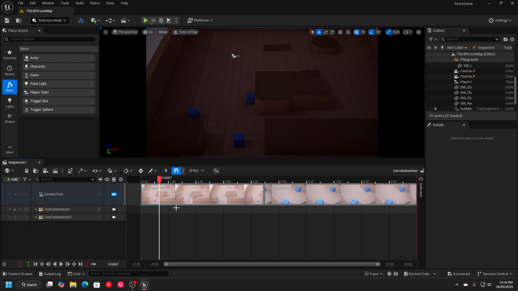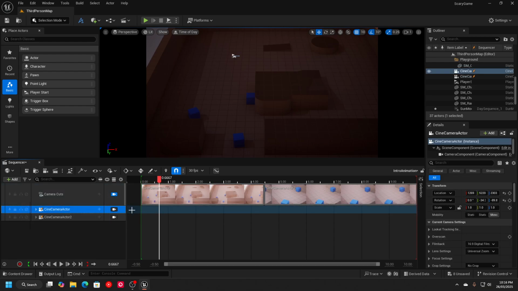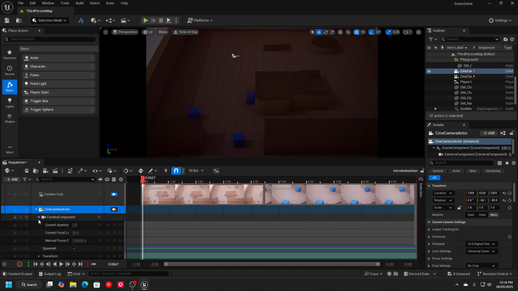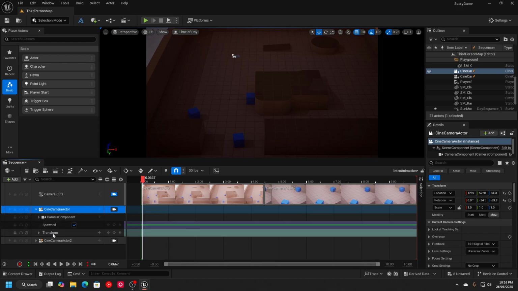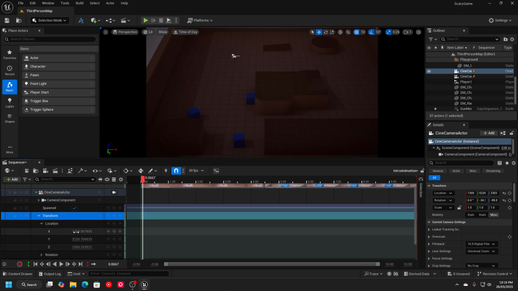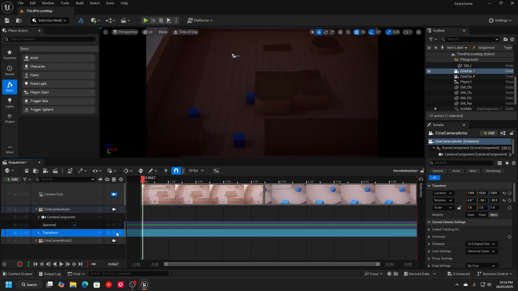Right. So camera 1, if you want to animate that position, or the camera itself, slowly drift in, what we're going to do is go here, click on the little drop down arrow, and what we want to do is animate the transformation. Now you can animate individual, like just the X, Y, Z. If you want to animate the individual axes and the rotations, you can do that as well. Or you can just hit the keyframe on the transformation. And then if I move this camera,